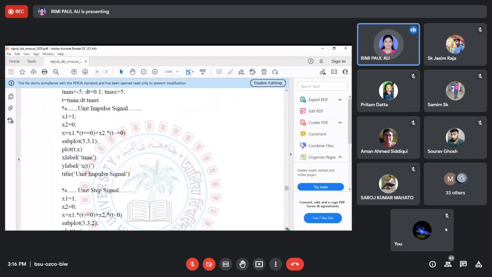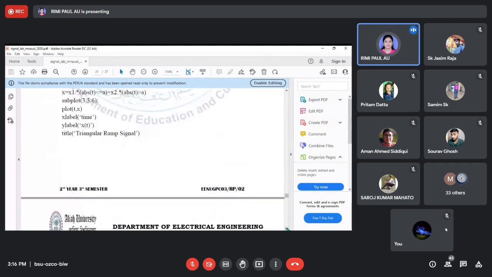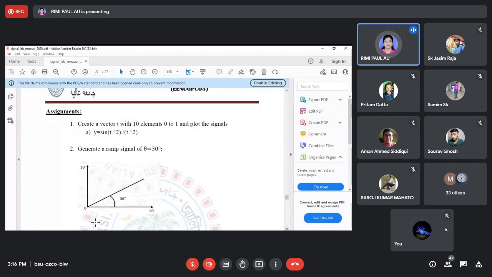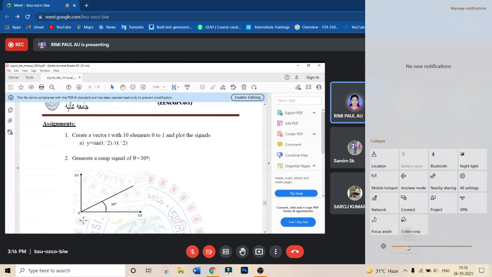So these are the problems. So experiment number 5, it is continuing. That means it's going on, and the next is the assignment. You have to solve this problem. Everything is written. After learning from this program, you have to solve this problem and write the problem. So you can see that this is the ramp function. You will see today. So it is a ramp function.